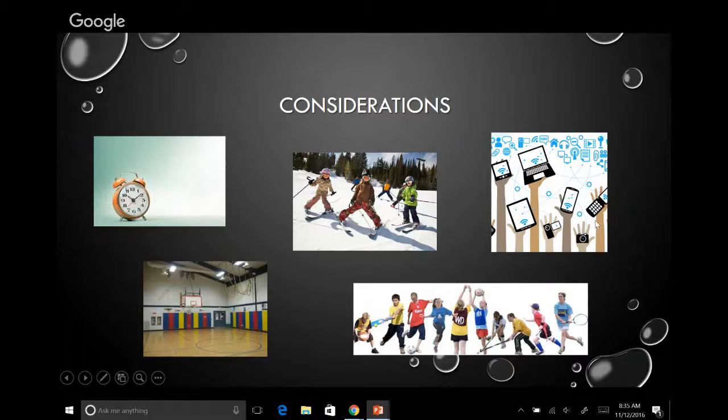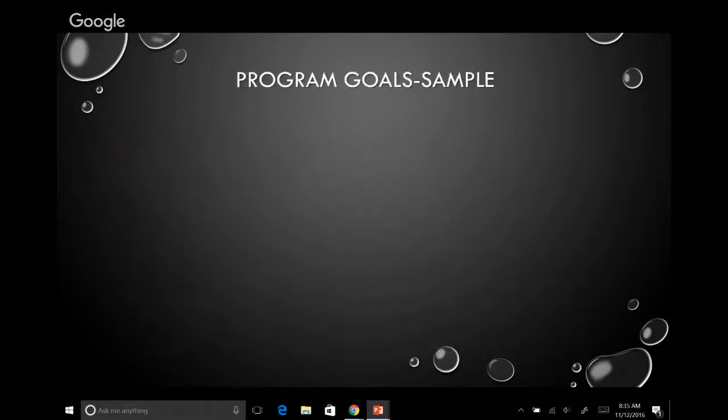You need to consider what kind of technology you have access to. What are your facilities and what's your equipment? And then what kind of sports or activities, martial arts, dance, cheerleading, are your students currently attending outside of school? So those are some things to think about when you're deciding on your need to know content standards.